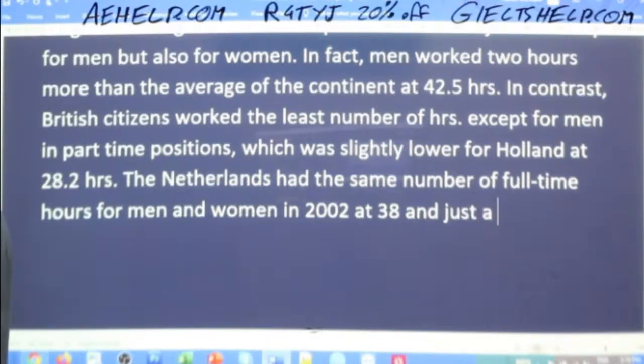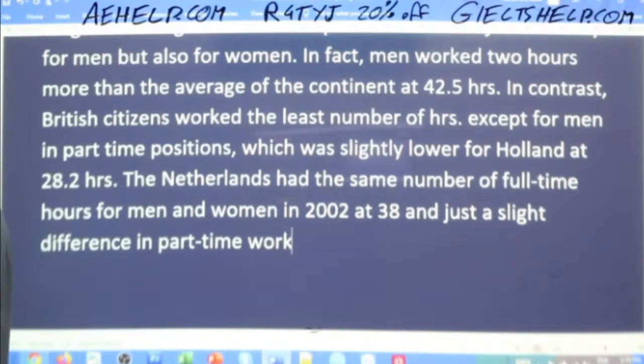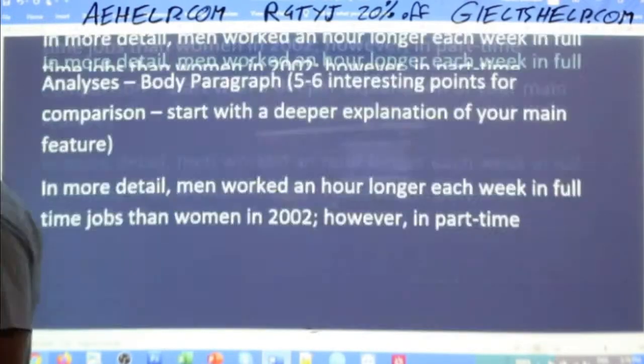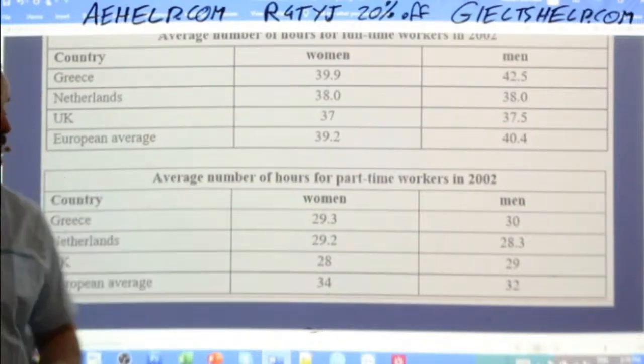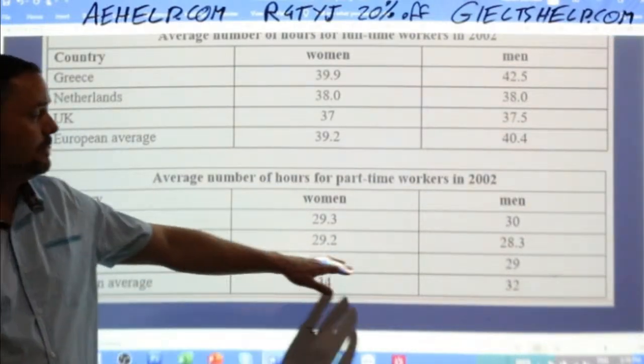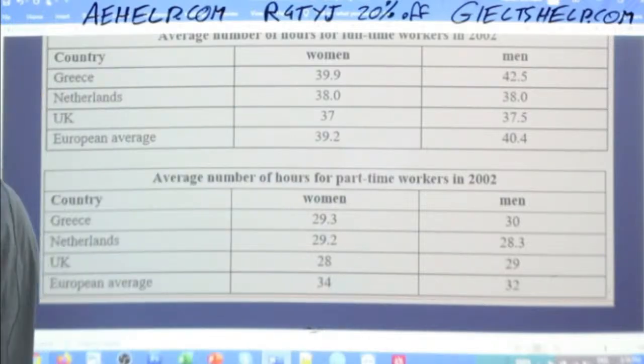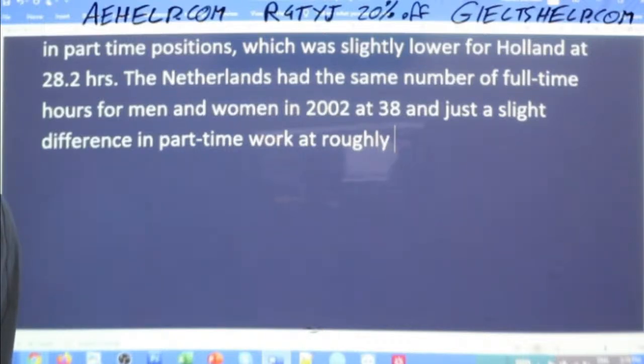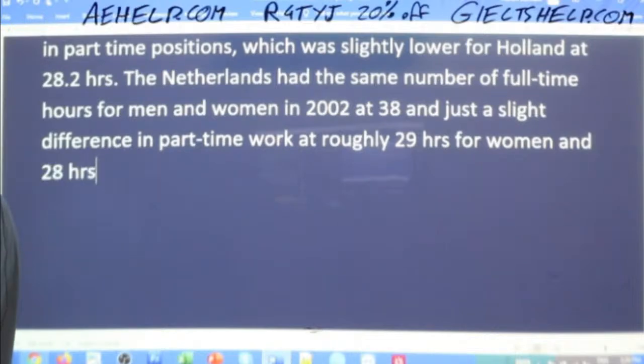And just a slight difference in part-time work. Let me show you a little trick here. So at 29.2 for women and 28.3 for men, respectively. At roughly 29 hours for women and 28 hours for men, respectively.